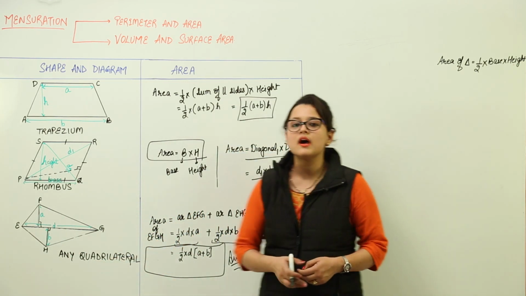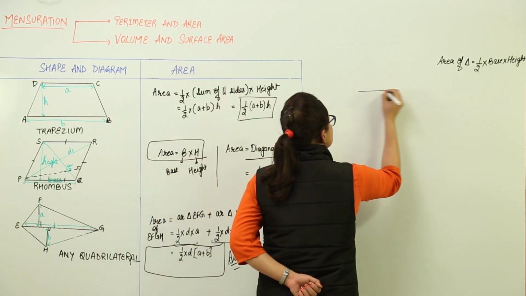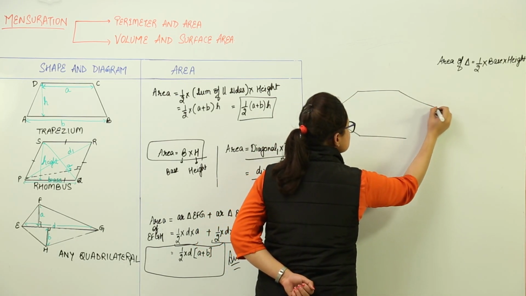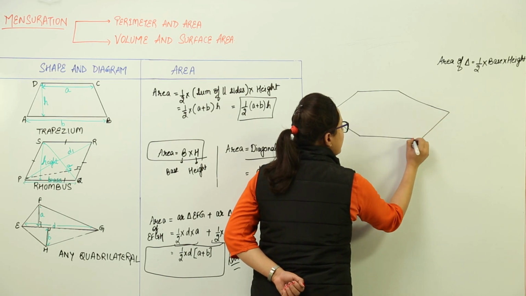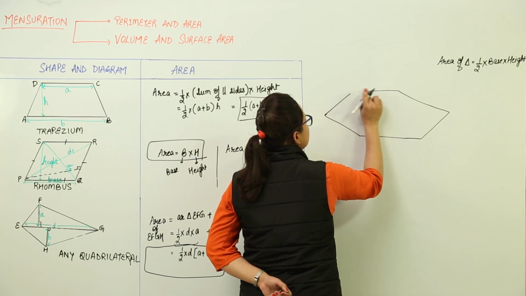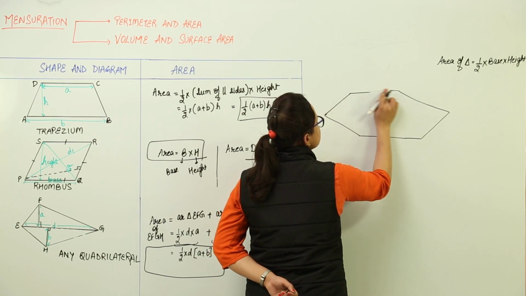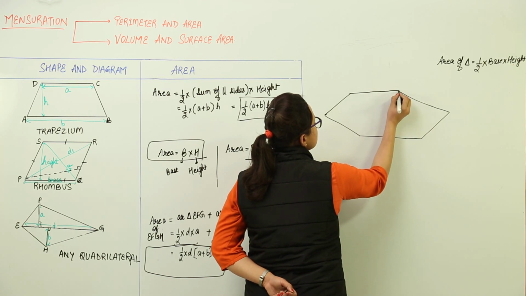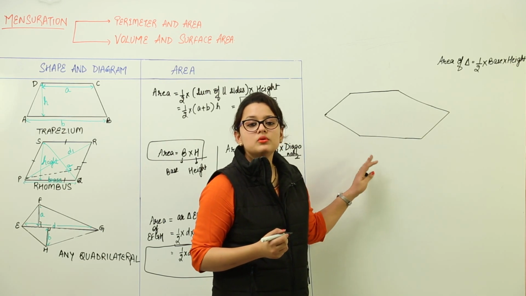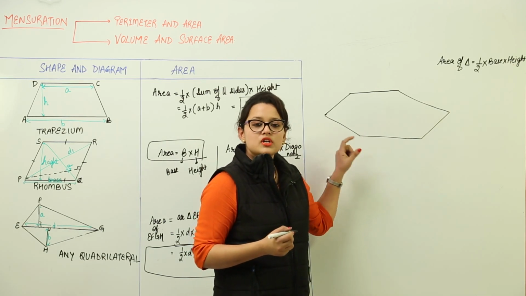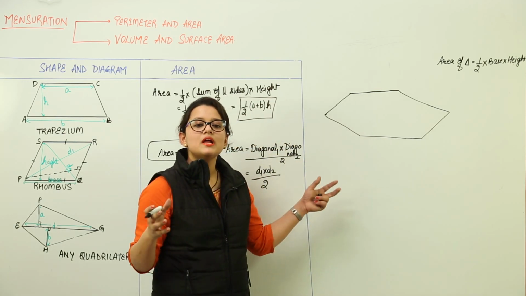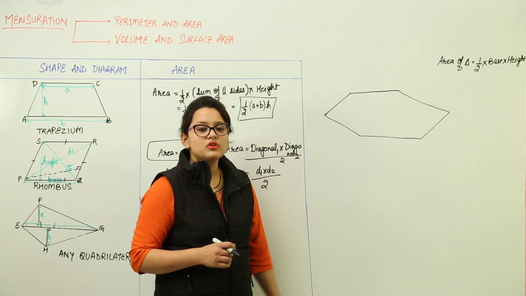So similarly you can have a polygon also, right? That was the case only for the quadrilaterals. Now you can have polygons, right? Polygons means having n number of sides. They can have any number of sides in them. So here I have made a polygon, and if I ask you to find out the area for this, how are you going to do that? As we just discussed, we can divide a polygon into any number of shapes such that the area for each shape can be calculated and you will add them up together to get the area for this polygon.